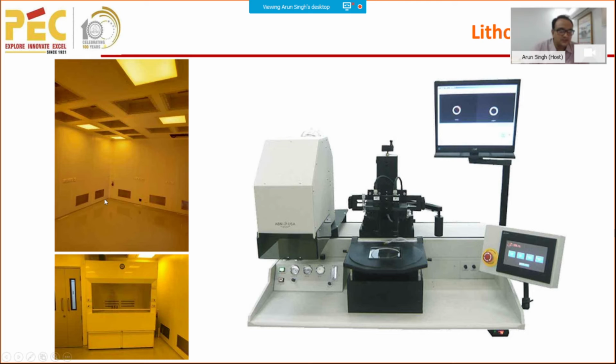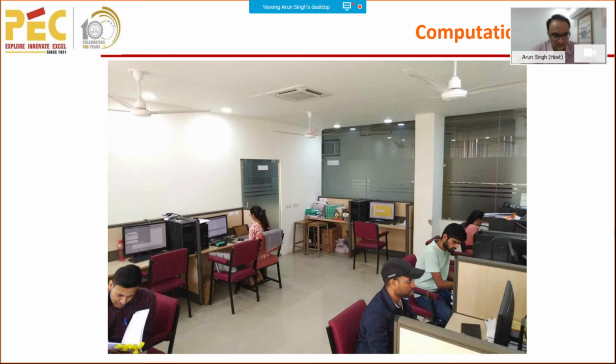So the left side shows the lithography room. So we are going to have this mask aligner. This has already arrived and is under the installation process. So this is from AVM. In addition to basically fabrication labs, we need to have some lab where you can design your devices so that you can go for the fab lab. Instead of going directly to the fab lab, we should ensure that our device design is perfectly fine. So the device designs are done on TCAD softwares like Silvaco TCAD, which we demonstrated, installed on these high performance computing machines. So we call it the Nano Electronic Research Lab.